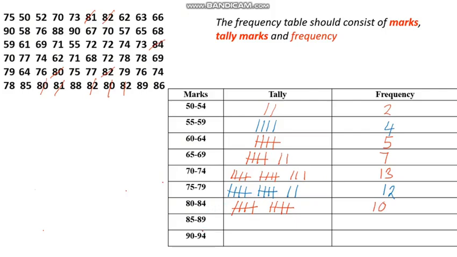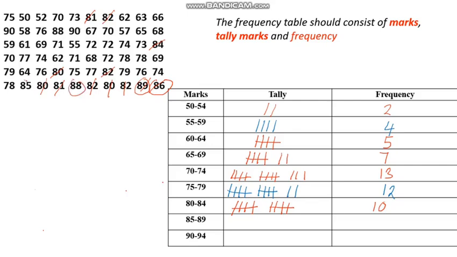We come to 85 to 89. So we need to identify from 85 up to 89. Okay. How many do we have from 85? So we have 86 here. We have 89, 1, 2. So let me just circle them. 1, 2,